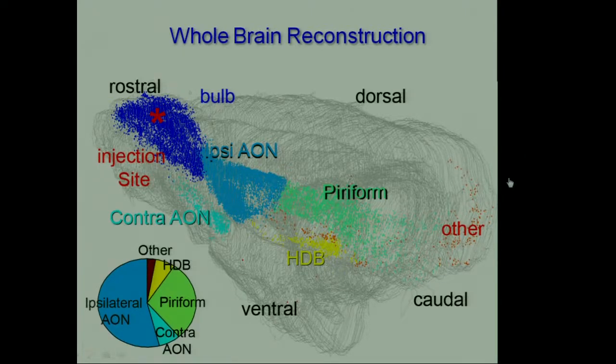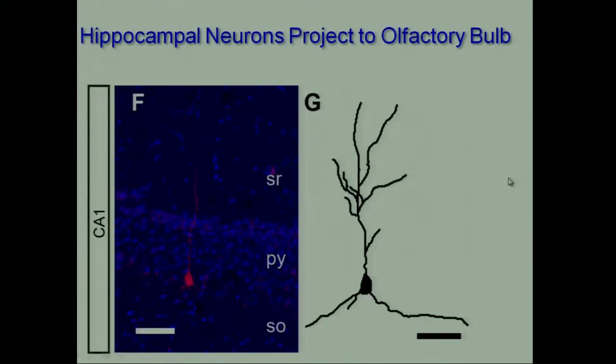Okay, well, I had a movie that basically takes this into 3D and turns it around, but I can tell you that a lot of the neurons, here's the front of the brain, this is the back of the brain, turn out to be emanating from the hippocampus. So the hippocampus is about as far as you can get away from the sensory periphery. All the sensory systems funnel into the hippocampus.